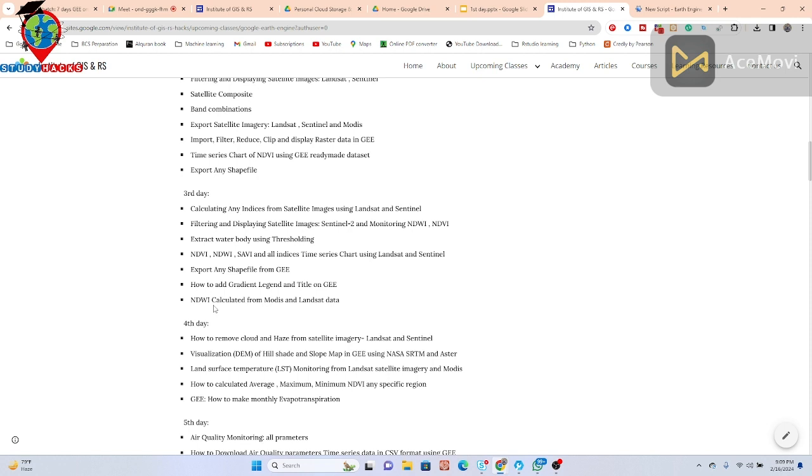and filtering and displaying the satellite image, mainly Sentinel-2, how to remove the cloud, all of those things we try to complete in here. Then we talk about the thresholding technique to extract the water body. Then how we can easily create different types of indices, mainly NDVI, NDWI, SAVI, EVI, or any other kinds of